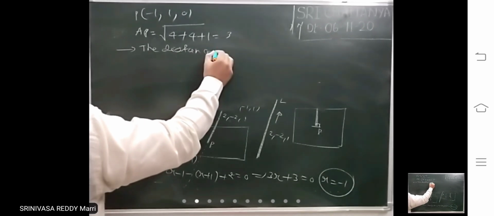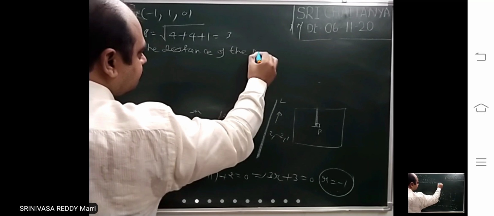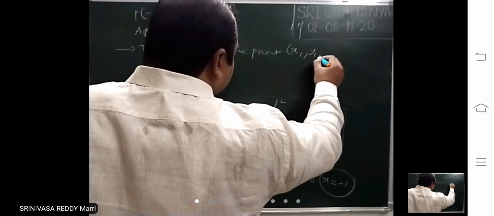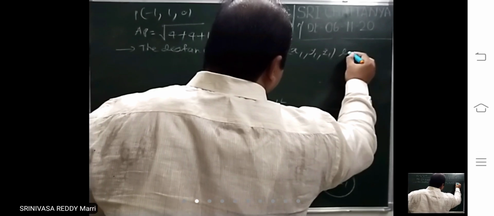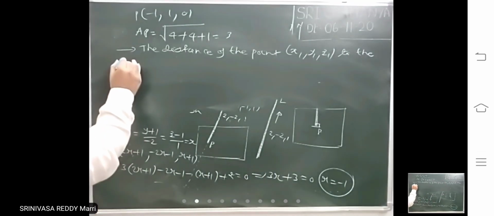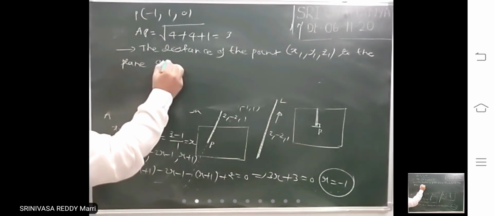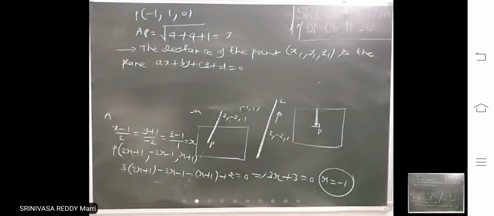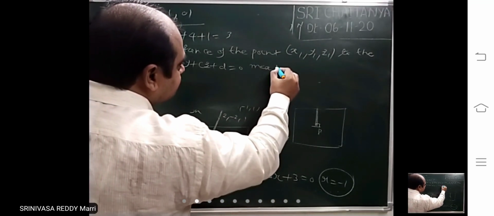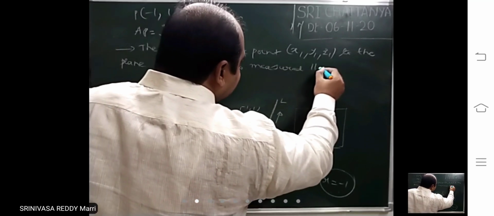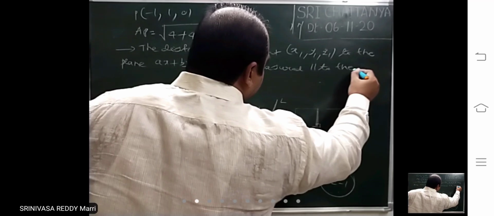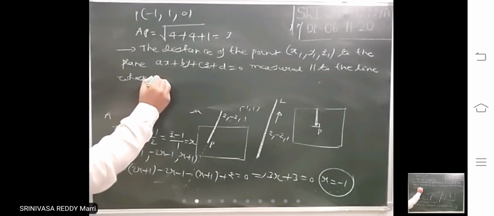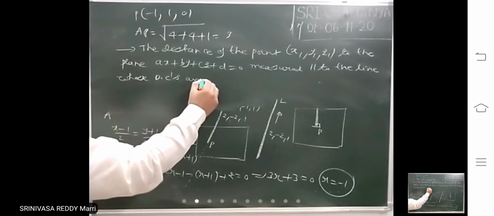The distance of the point x1, y1, z1, to the plane ax plus by plus cz plus d equal to 0, measured parallel to the line, whose DCs are, we want DCs for using this formula, whose DCs are